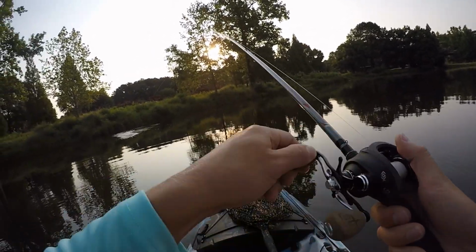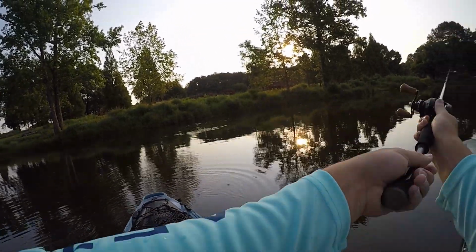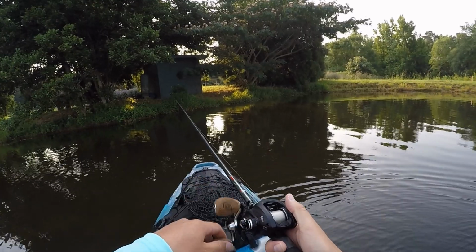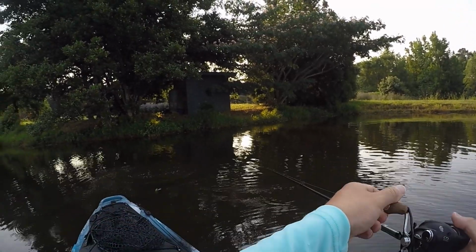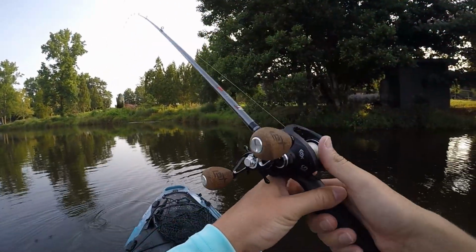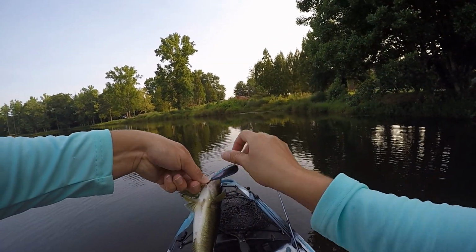And look at that. Right where he was supposed to be. I threw it, I let it sit, and he got off. Awesome. There we go. Little guy. Stay on, little fella. Oh yeah, he's not going anywhere. All right. Little guy right there on the